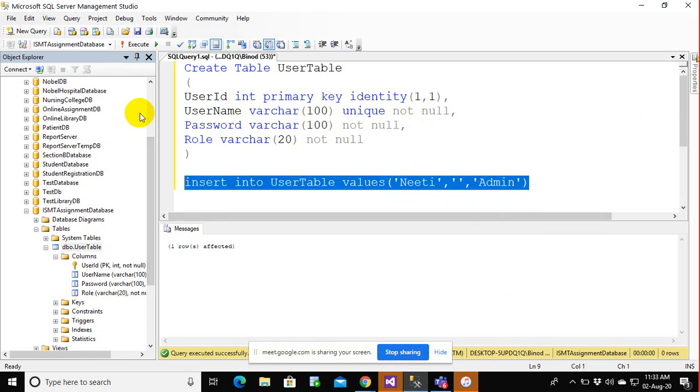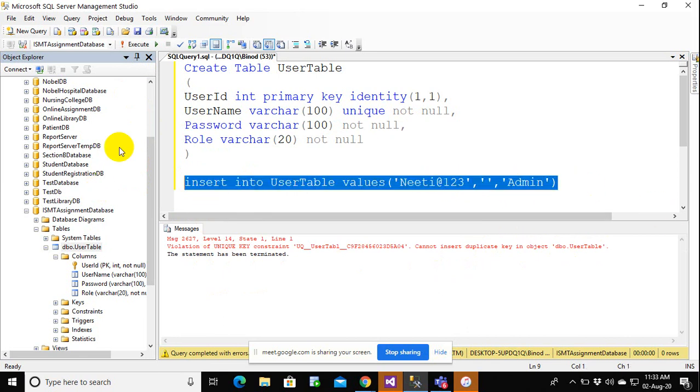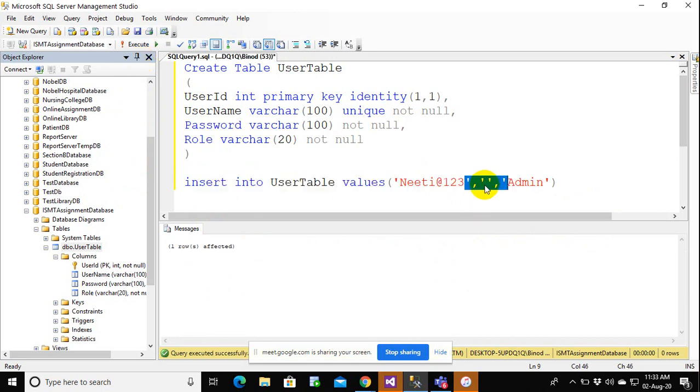So if I try to execute it, you will see violation of unique key constraint, cannot insert duplicate key in object. Okay, because let me make Niti at the rate 123. So one null value has been accepted here. Password is NOT NULL, okay.